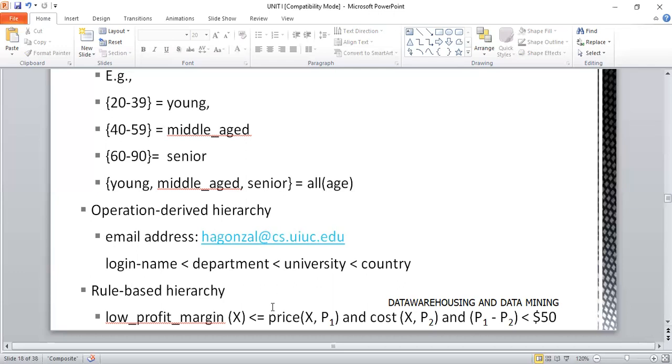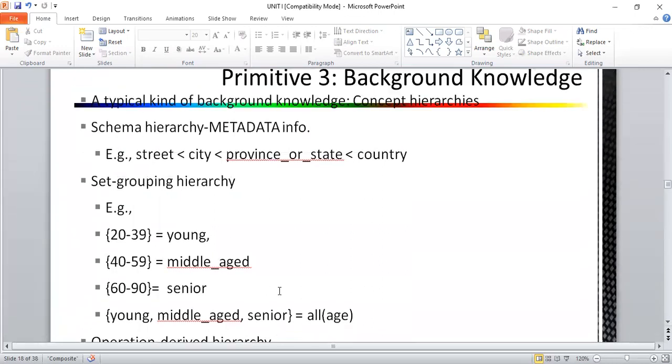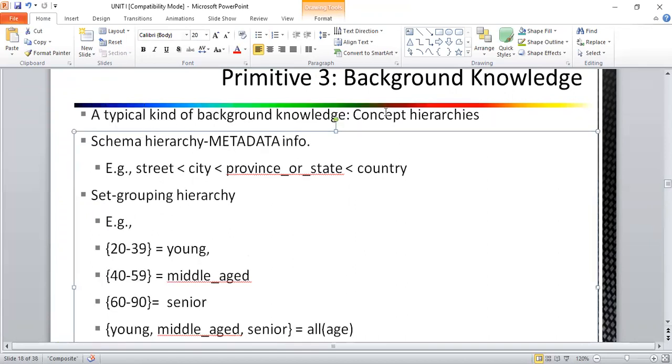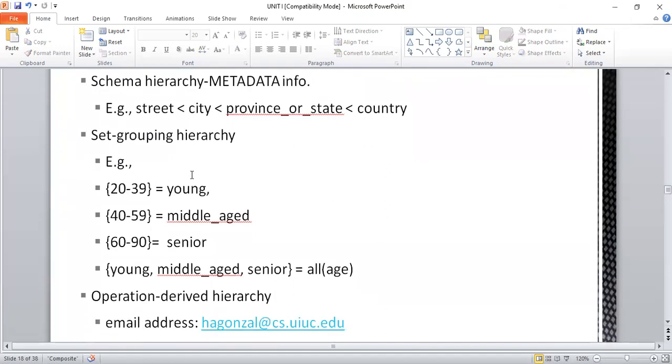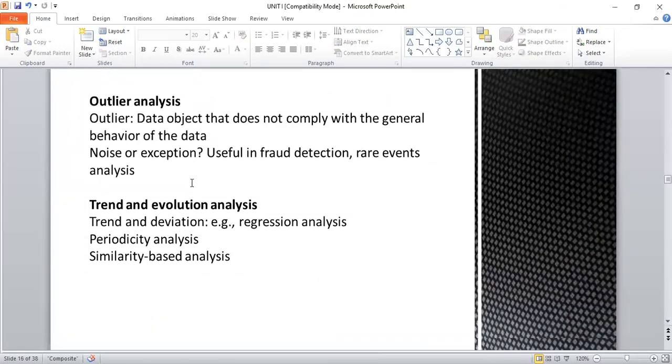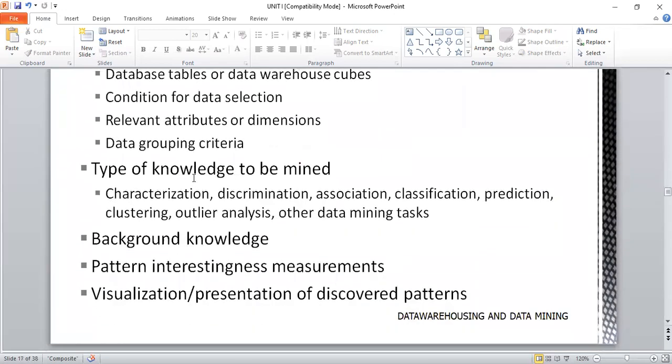And level wise, we can show for low profit, medium profit, high profit, how much we have done. So that is called rule-based hierarchy. And that is the concept of concept hierarchies. Okay, very important concept from your exam point of view. Definitely a question can come up separately about concept hierarchies. So you should know about its categorization, all four, what is the meaning, and with an example you should know